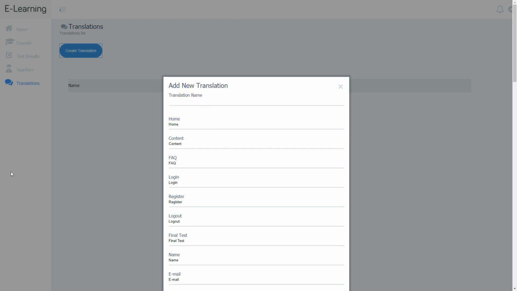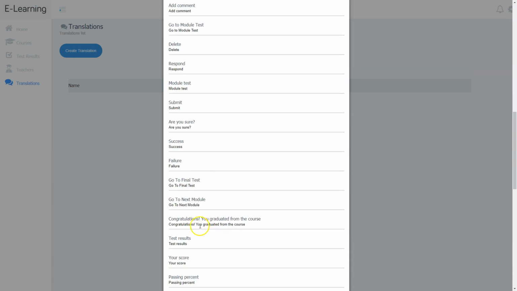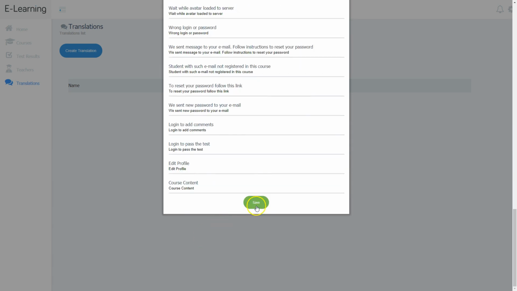For example, if you're translating in Italian, you can put the translation name as Italian, and then translate each of these main words into Italian and type them and replace them here, and then go ahead all the way to the bottom, continue to translate, and then click Save,